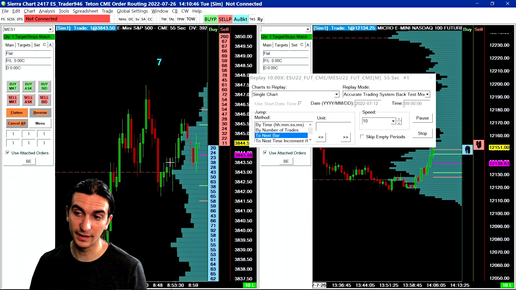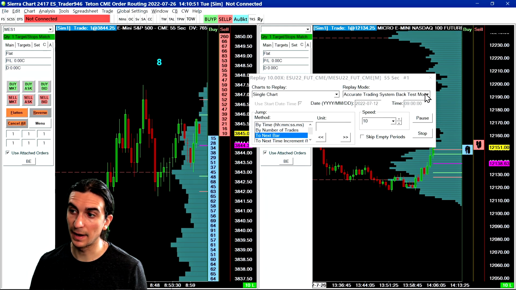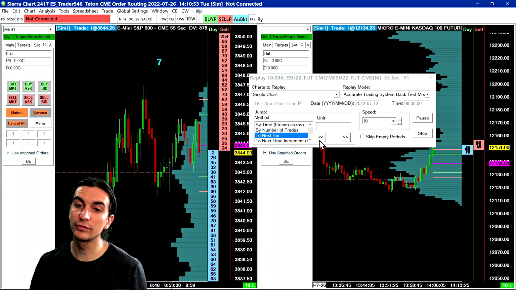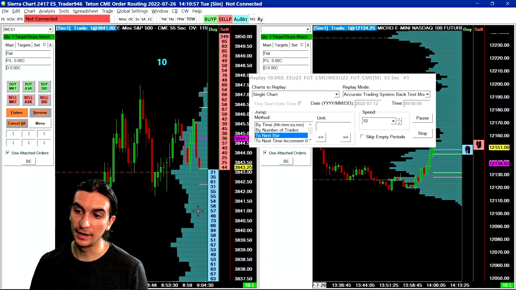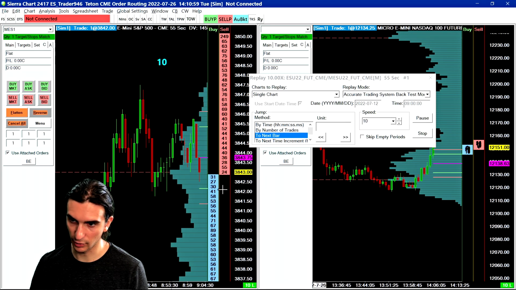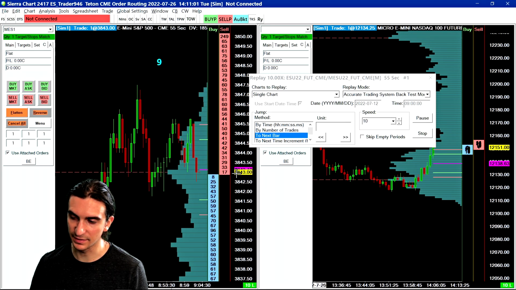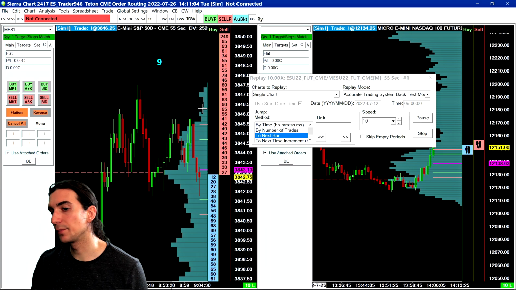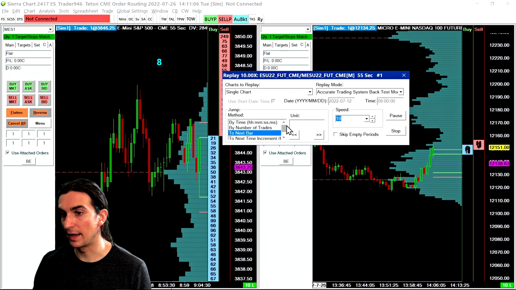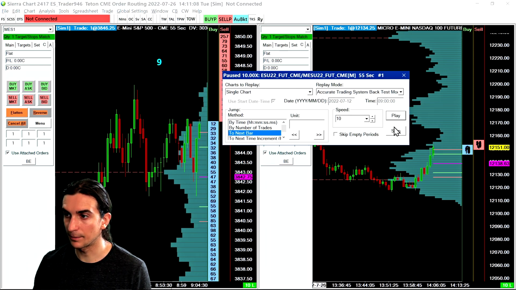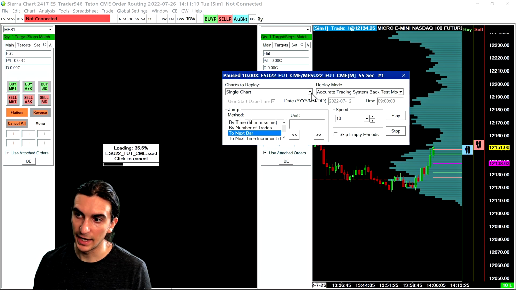And I can speed this up to any speed, and you can see that it will be pretty accurate. What I've noticed in my tests is that replaying a single chart using the accurate trading system backtest mode has been the most accurate representation of what the market is actually doing, and it seems to be the fastest regarding how it's processing the data. When it comes to replaying multiple charts, this is a little bit problematic, and I'll show you how to do this now. So if I stop this just really quickly here,